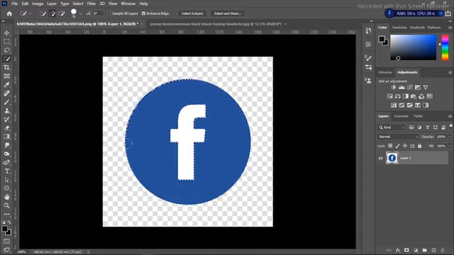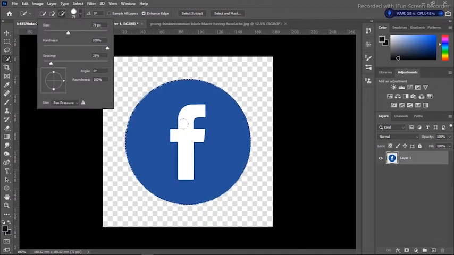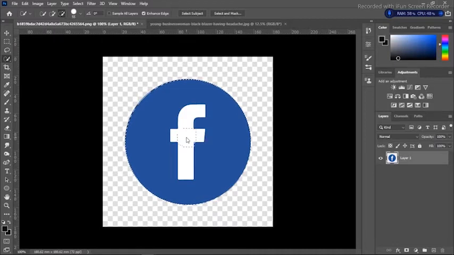Add to selection will add a certain area to the selection. But if you don't want, maybe you moved to this place and you don't want the white part, you simply remove from the selection or subtract from the selection. Now, if the brush is too big, you can decrease the size and remove this from the selection. Now, if you find that it is difficult to make the selection perfectly with this,